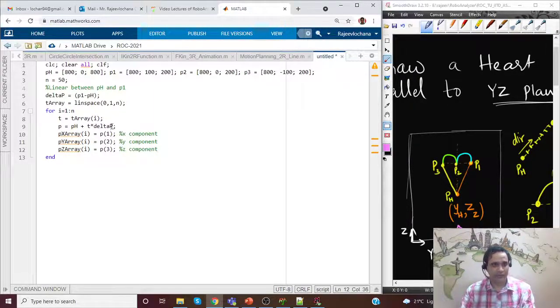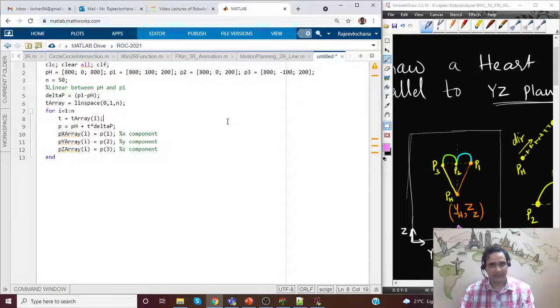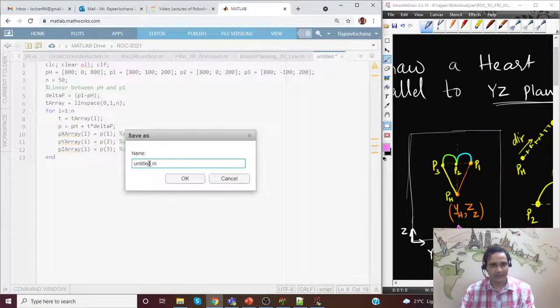Just to make sure what it is, let me just save it. Okay, we are in the current directory. Let me save it as end effector trajectory. Okay, I can't use a hyphen, capital T.